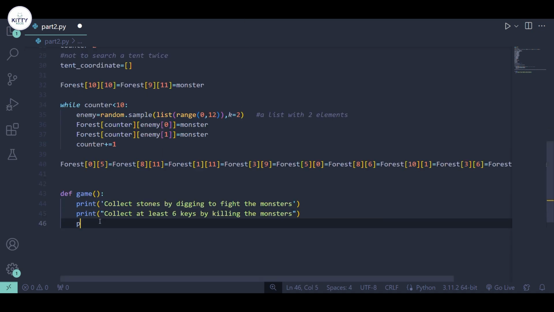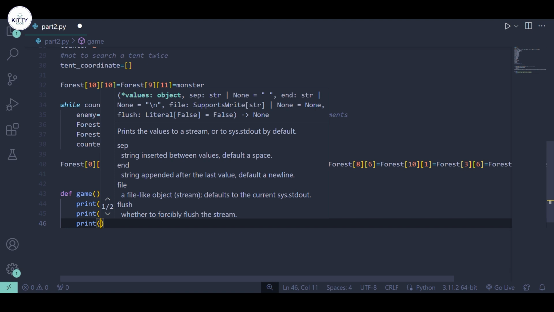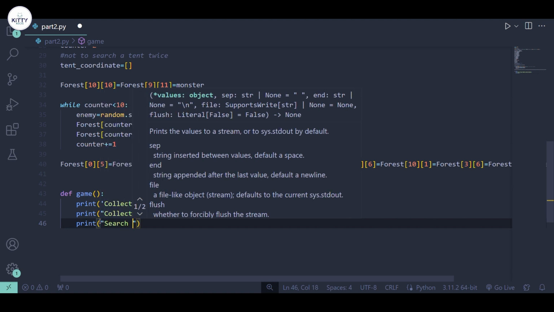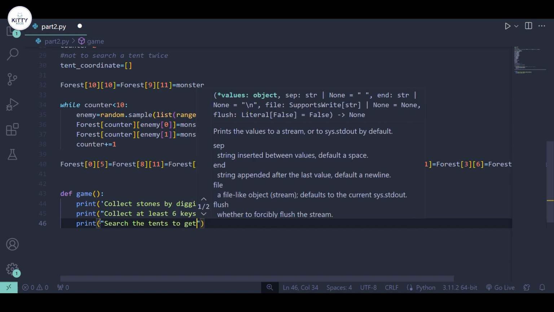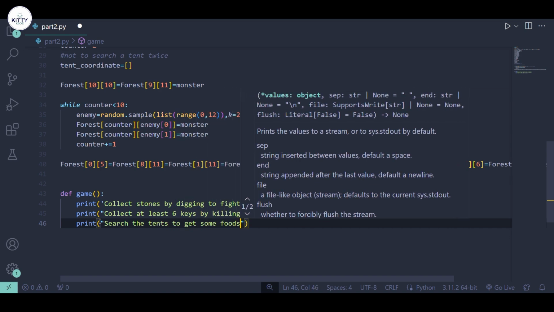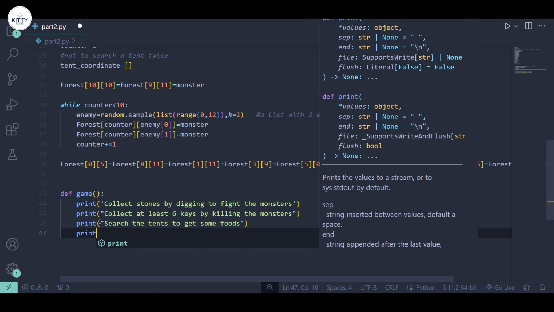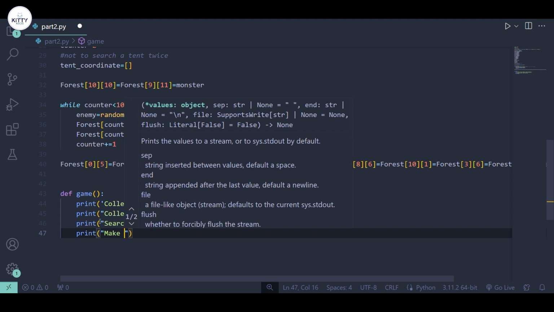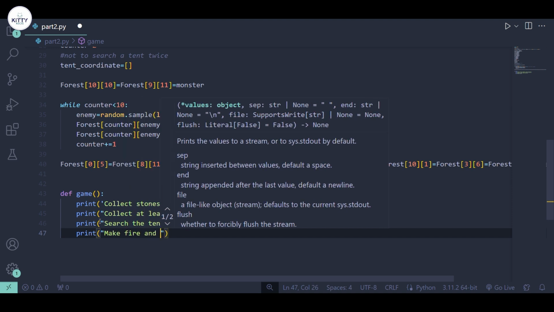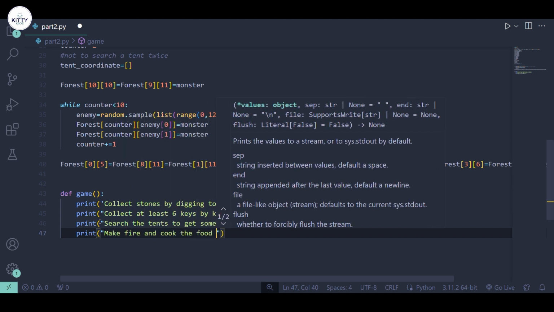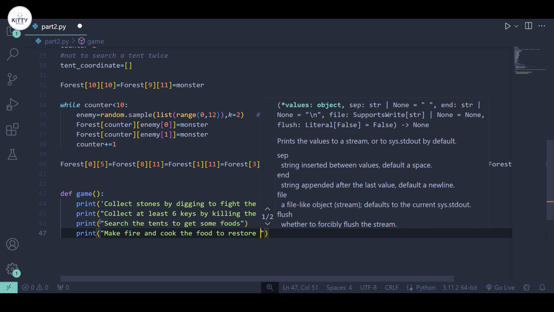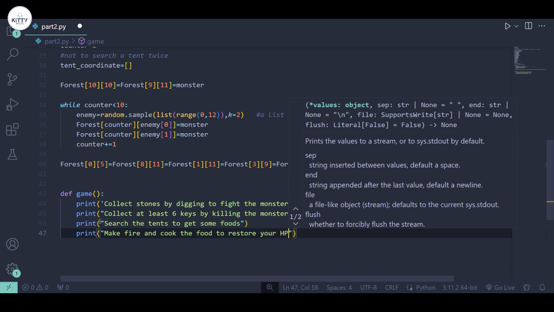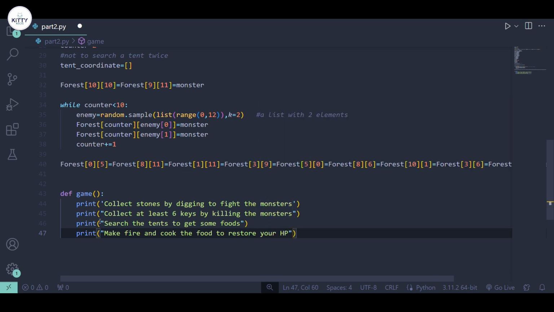The third one is search the tents to get some food. Search the tents to get some foods or fruits, doesn't matter. Print. Make fire and cook the food to restore your HP. And the last one is